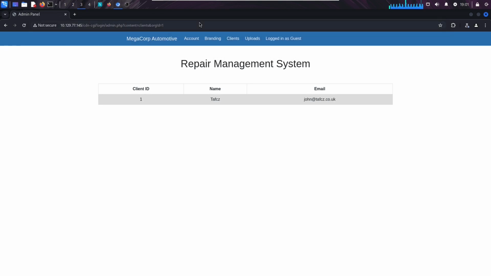Okay, as you can see we have here another client, and we have a vulnerability called IDOR, also known as Insecure Direct Object Reference, okay? An IDOR vulnerability occurs when an application uses user input to access objects directly and fails to properly secure these objects from unauthorized access. So, as you can imagine, we shouldn't have access to this information, and when we change the ID from 2 to 1,